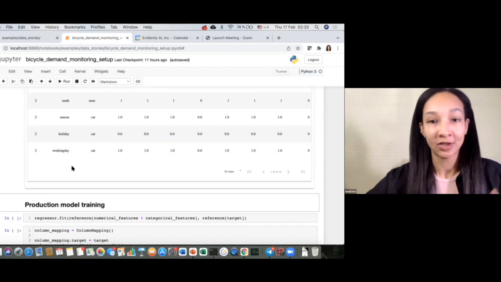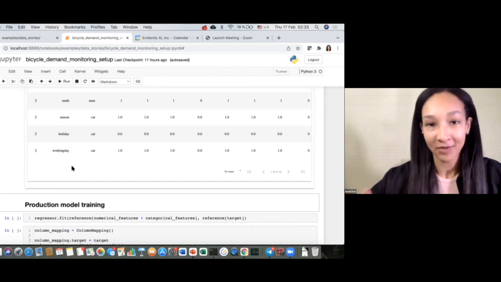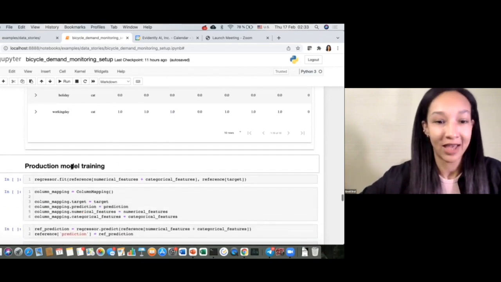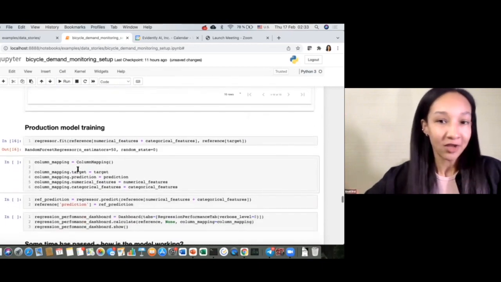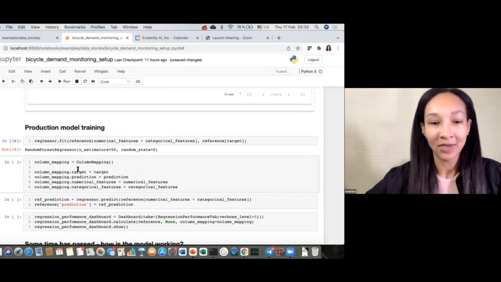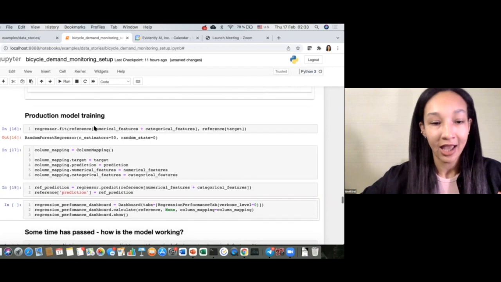I believe it makes sense to train it on top of the whole reference data, right? Because, well, we just trained it on only the train part, but for production, let's use all the data we have. So let's regenerate our model, and generally, after recreating the new model, it makes sense to estimate the model's performance again in order to at least make sure that we didn't make any technical mistakes or things like that. So let's do it. Let's generate the prediction on top of the whole reference dataset, and we can generate